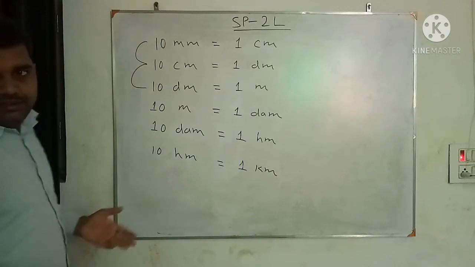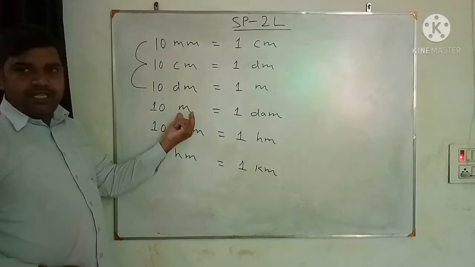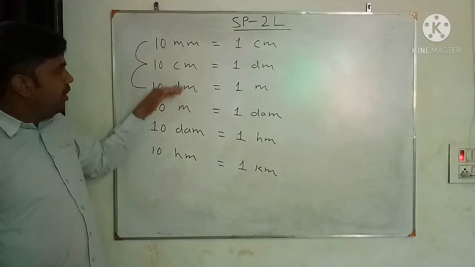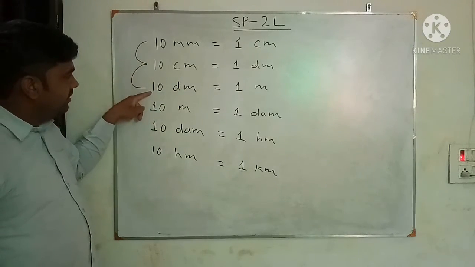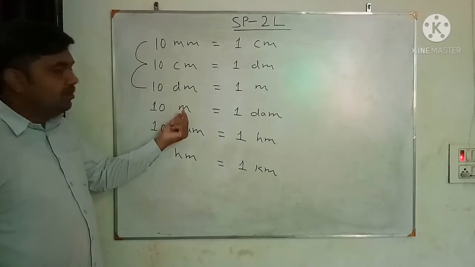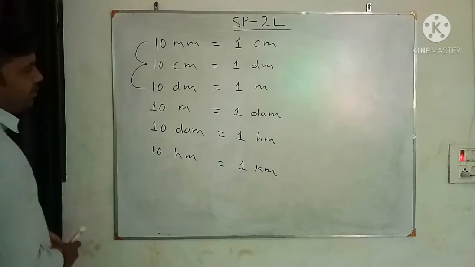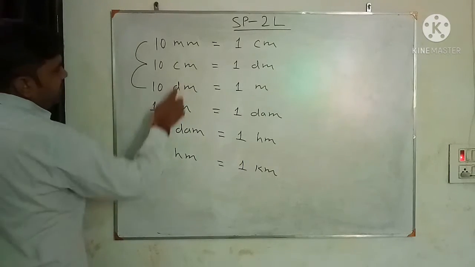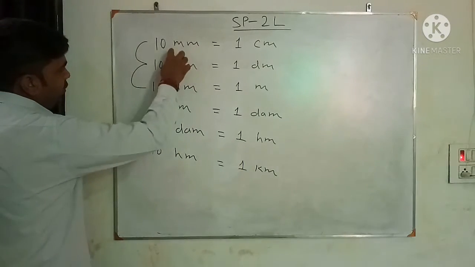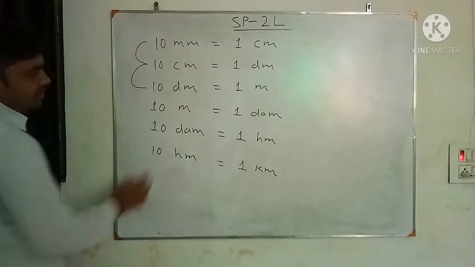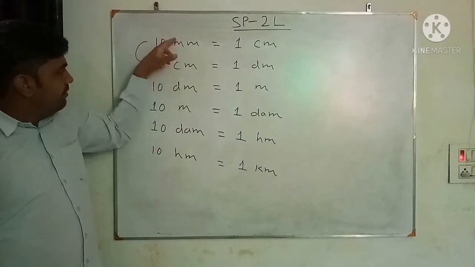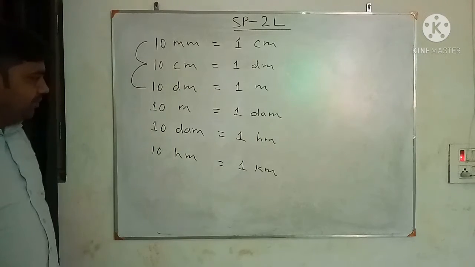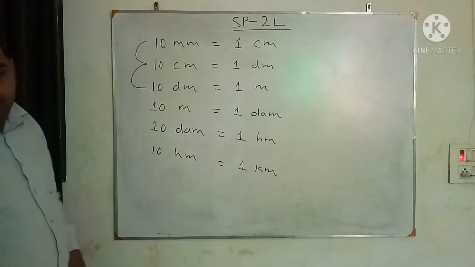Or you can also see, suppose here it is meter, and above meter how many tens are there? 3 tens. 10 times 10 is 100, 100 times 10 is 1000. Then you get the meter. Like this also you can go. So from millimeter, how many jumps are you going to make? 1, 2, 3. Then you come to the meter. This means 1000 millimeter makes 1 meter. Okay. Now we have to do the conversion.